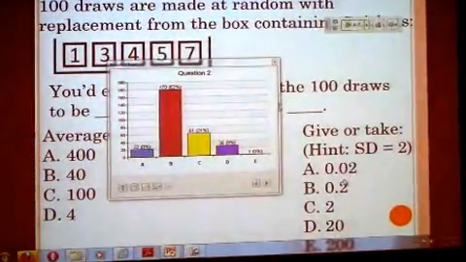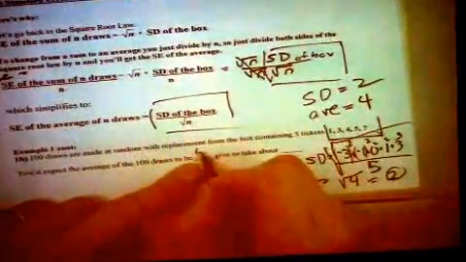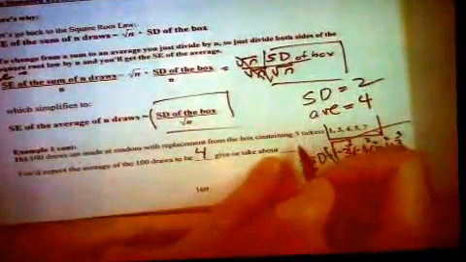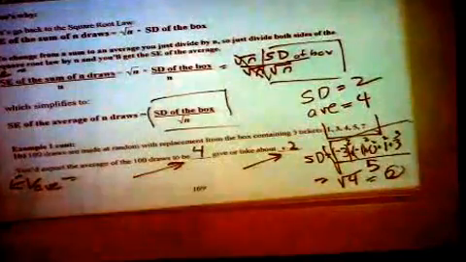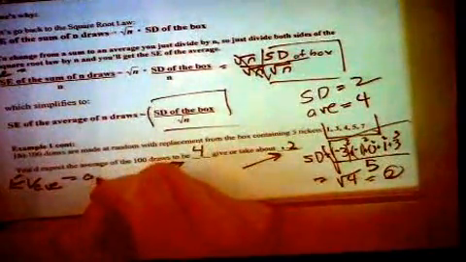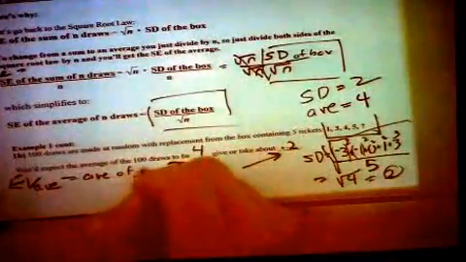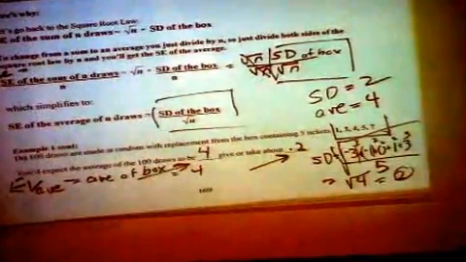All right, let's go back to the document camera. And I think you know how to do this. Let's write it in here. So you'd expect the average to be 4, give or take about 0.2. Why? This is the expected value of the average, which is just the average of the box. Let's just write it down so when you look at your notes later, you'll remember. So the average of the box is equal to 4. That's how you got that.